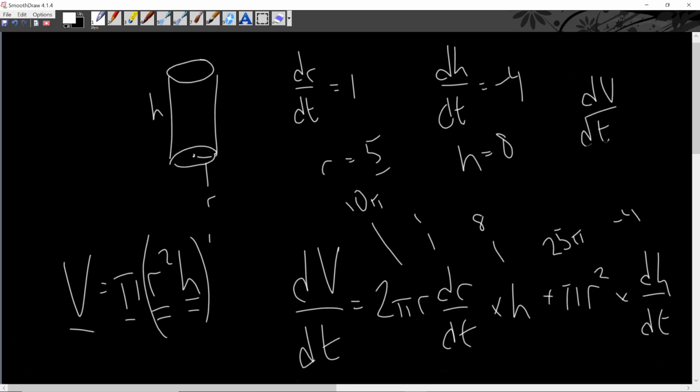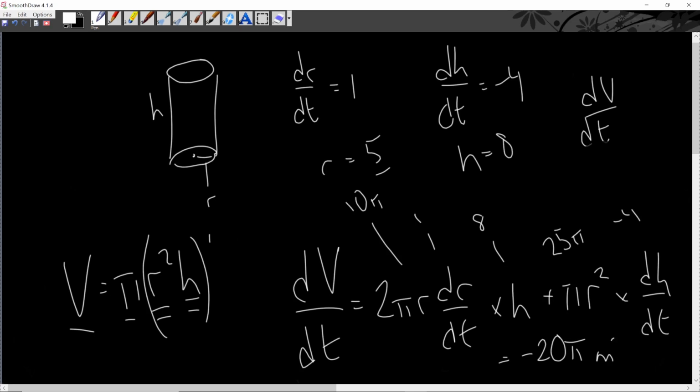Does that make sense? I think that makes sense. Yep, that seems fine. And then we have 80 pi minus 100 pi, so 10 times 1 times 8 is 80 pi, minus, 25 times negative 4 will be negative 100. So we'll have 80 pi minus 100 pi, which is going to be negative 20 pi